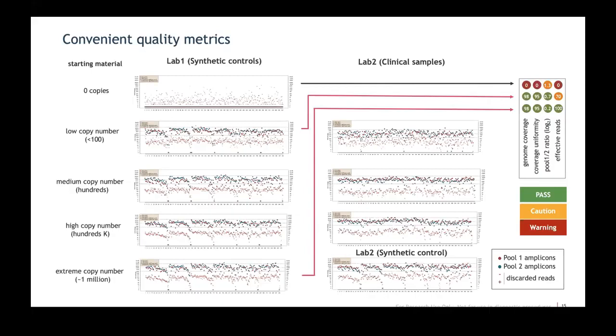So we compared the data obtained using synthetic RNA control that was mentioned by Lily, as well as several clinical samples that differed by the viral load. And we see that the data looks good even if the input copy number is below 100. What we use to evaluate quality of the samples in terms of quality of the input material or identification of some